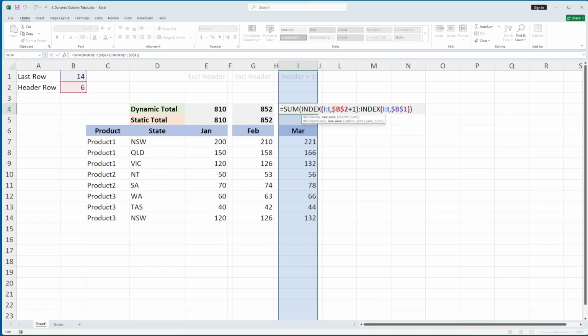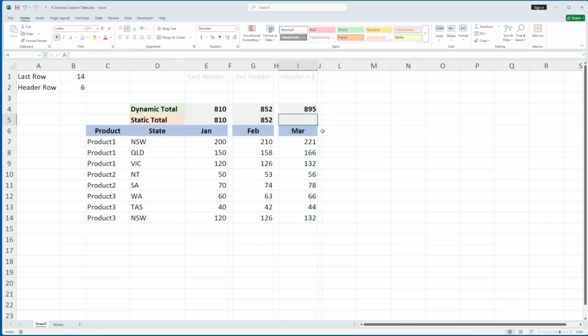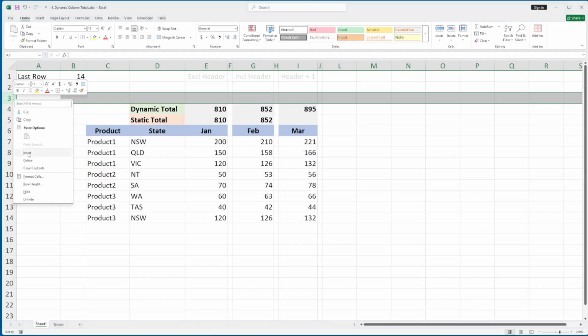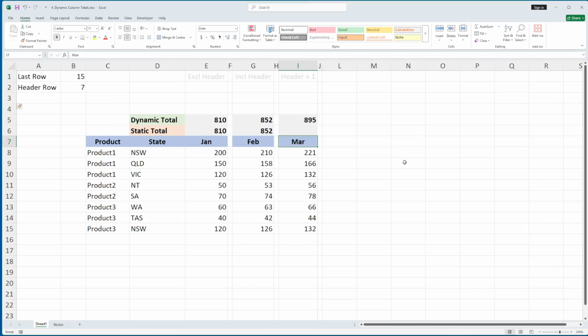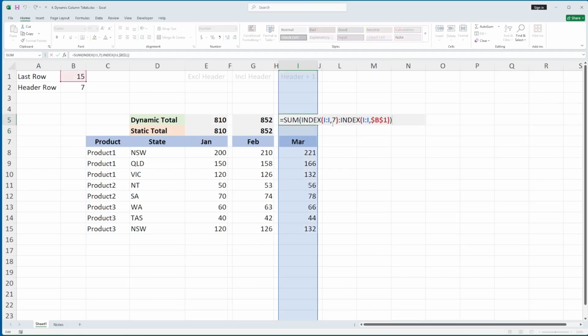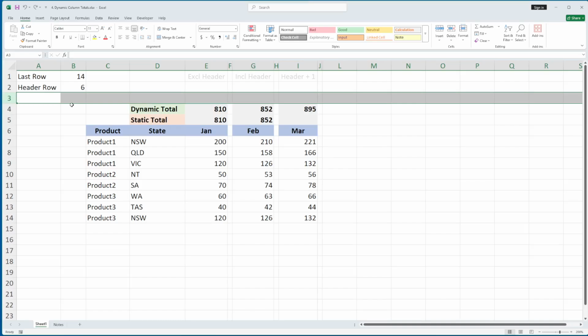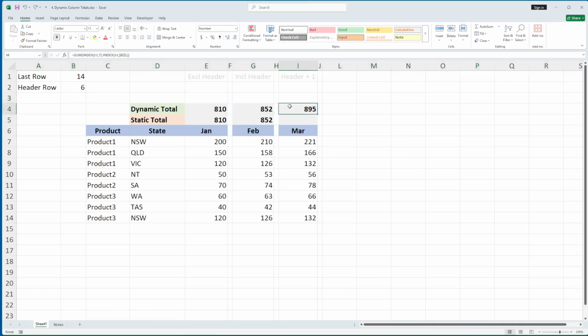Now, we could simply just specify the first data row as a number, okay? And that'll work, except if we insert a row above here, as you can see, it's now including the header, and that's because the first data row is now 8, but this hasn't changed. It's still 7 because it's hard-coded. Same as if you deleted a row. So what we do instead,